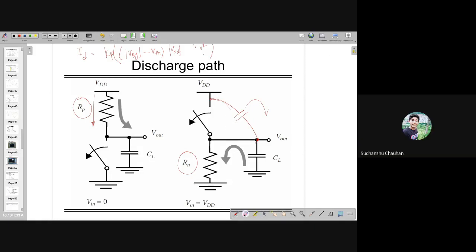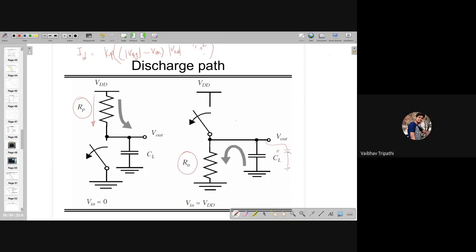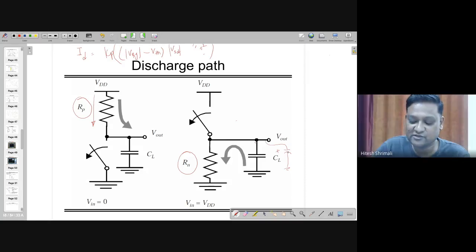Sir, when we convert it to lumped, we always measure Vout with respect to ground, no? Okay, you are saying one capacitor here. Then it's very easy, like an addition of these two capacitors, right? Then it's not a big issue. The issue occurs when you are saying one capacitor from here to here. Then you have to decompose that, right?